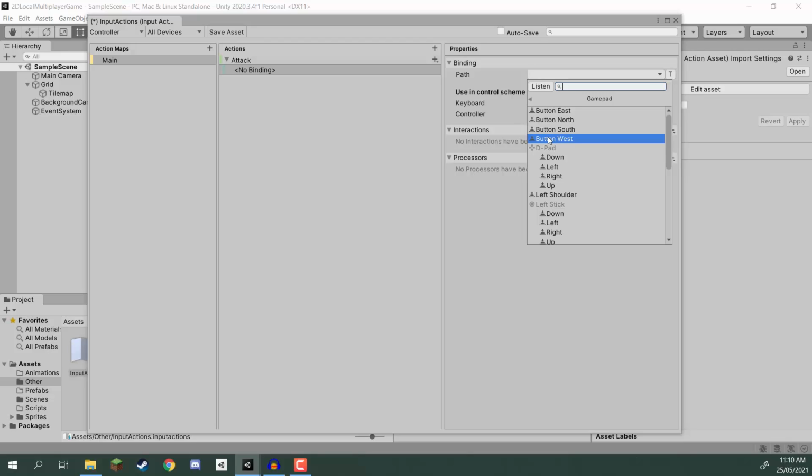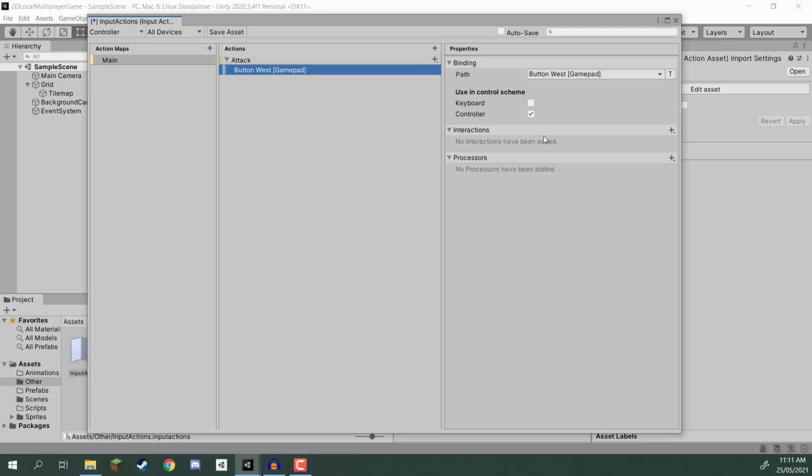A, X, Y, B, or your X, square, circle buttons if you're on a PlayStation controller. And you have the north button, the south button, the east button, and the west button, okay? Now, the west button is going to be the one on the far left, so X on an Xbox controller. And that is what we're going to do for attacking, okay? So, as you can see, it is enabled by controller by default since we are in that control scheme right